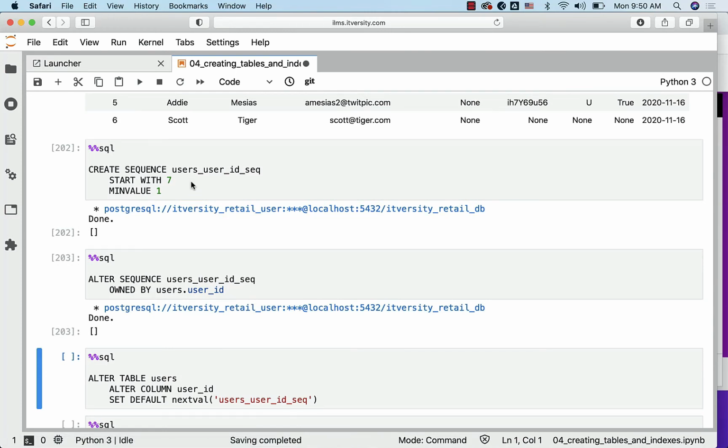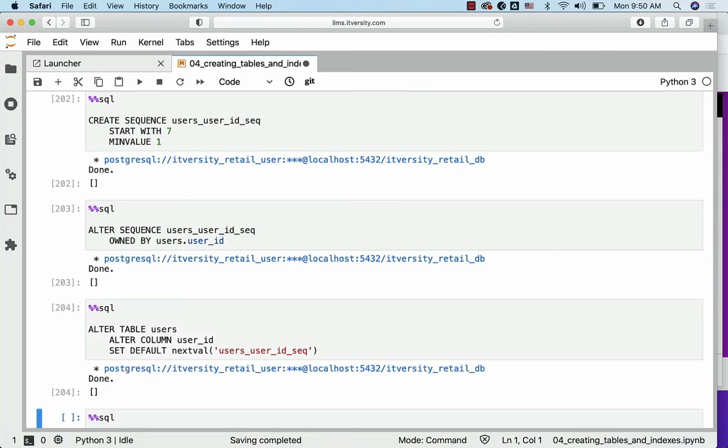If you drop and create the sequence, if you do not alter sequence and associate with the column, it might not work. You might not be able to populate the fields such as user ID with sequence generated numbers. Once you created the sequence, after dropping it, you might have to alter the sequence to associate with the column which you want to populate using this sequence. You can also use this approach to associate the sequence with the column. So these two are alternative approaches. You can use either of them.